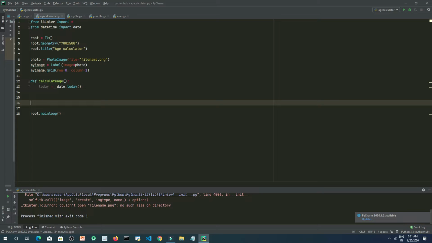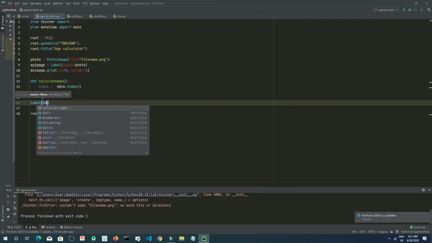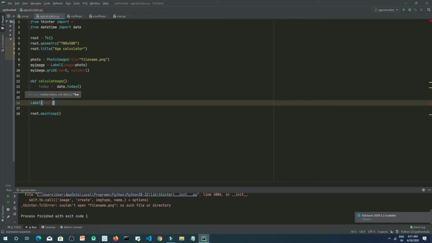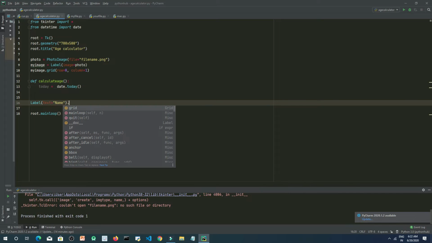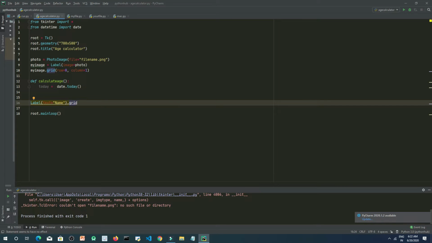Now let's define a label which will ask the user their name. Let's type Label, and we will ask the name. Let's type text equals name. We will place it using the grid method again, in the first row and 0th column.